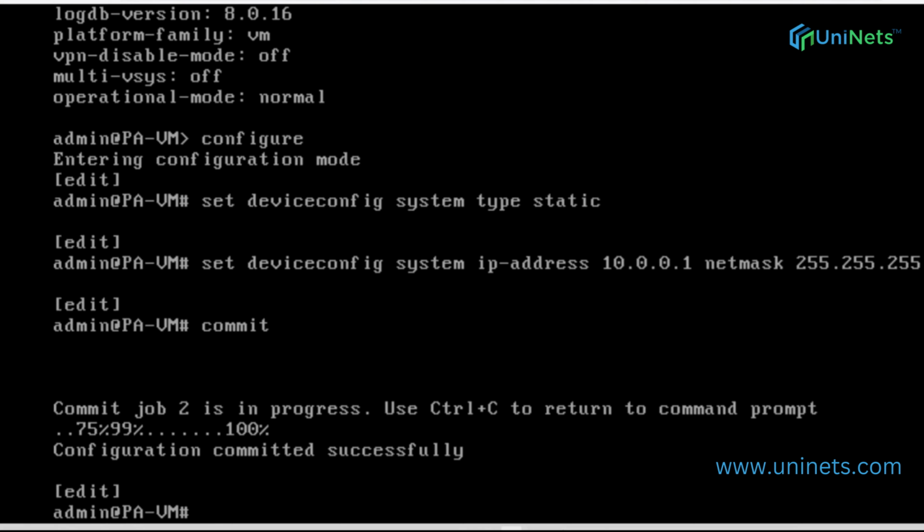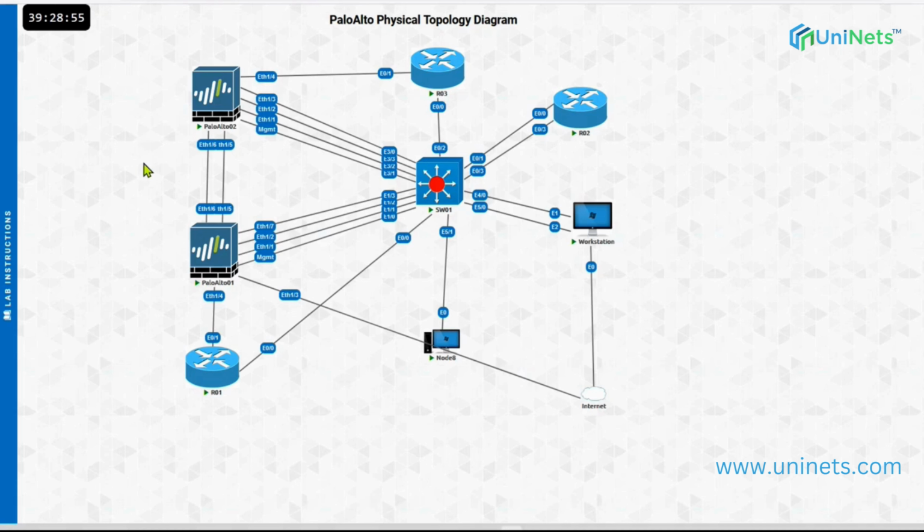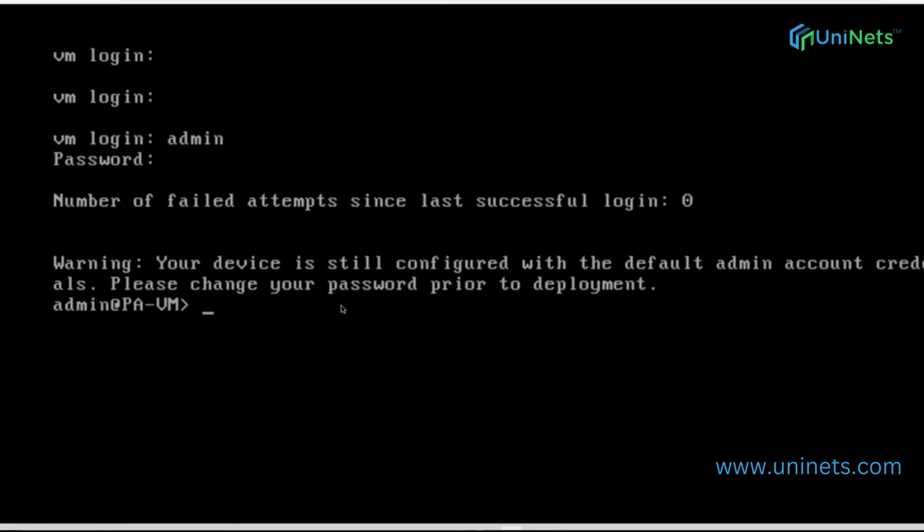Okay, so now these changes have been pushed into the firewall, and the same thing we can do on the Palo Alto 2 as well. So this is Palo Alto 2, and let's do the same changes over here. So let's go to configuration mode,